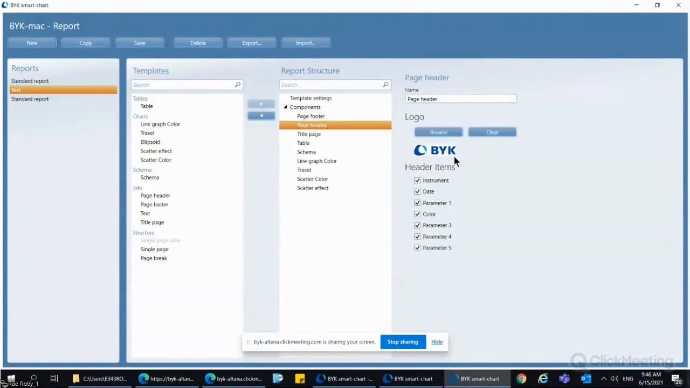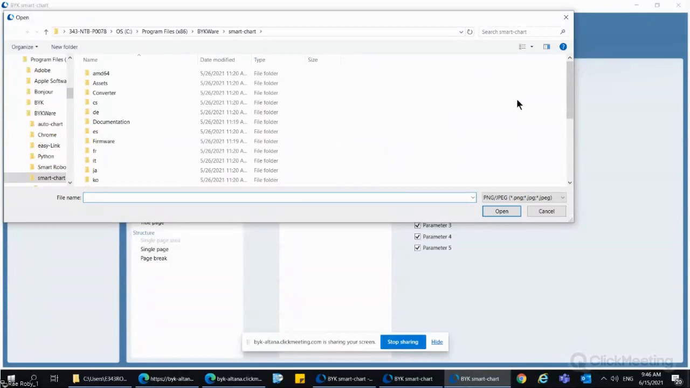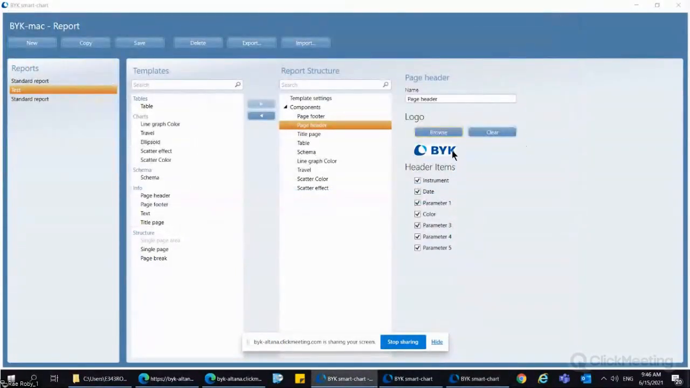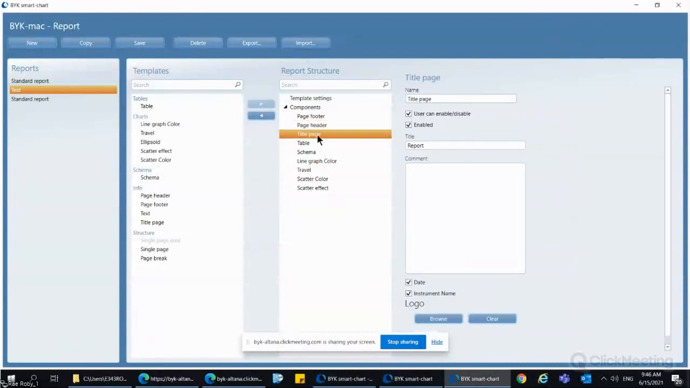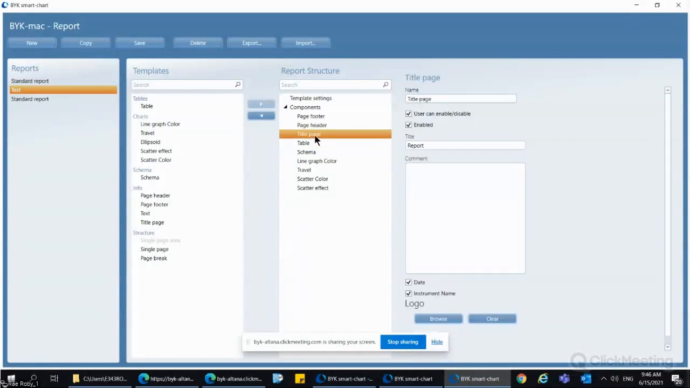And you can put in your own logo. Nice. So I don't have a Stellantis logo, but you could add it there. And you can also change your title page so that it says exactly what you want. You can add the graphs or take them out. The one thing here where you see it says enabled, user can enable or disable, and then if it's enabled,